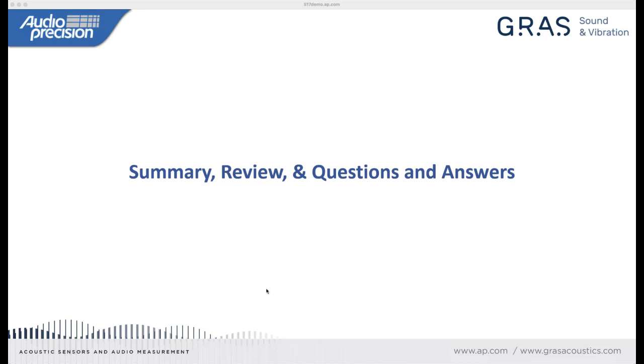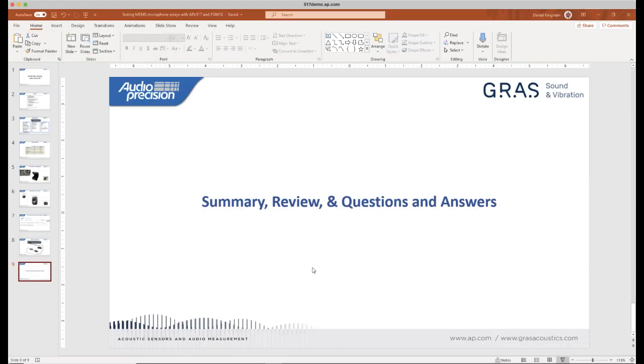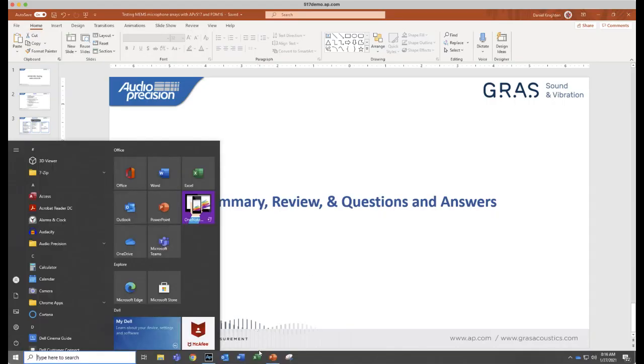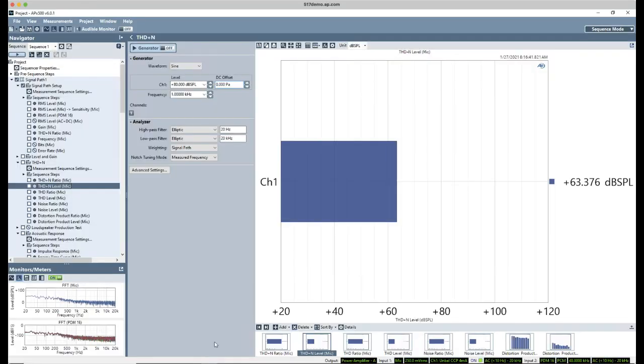Yep, I'll go ahead and address that. So the question is, what about reflections from first to last microphone over the array? Wouldn't it disturb the frequency response for each array microphone at high frequencies? And yes, that is absolutely correct. And if we take a look at our frequency response,